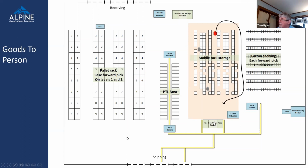And so the vehicles receive instructions to pick up a cart, a mobile rack that has product on different shelves. They pick up the pallet, they pick up the rack, and they carry it down to this goods to person pack station. So you've got multiple AMRs queuing up and the front AMR, the operator is being directed either